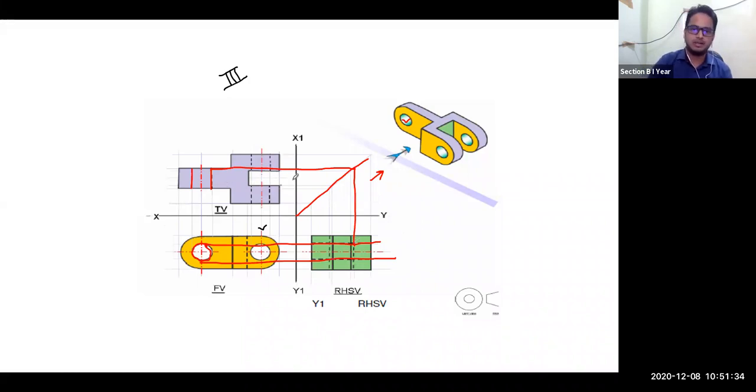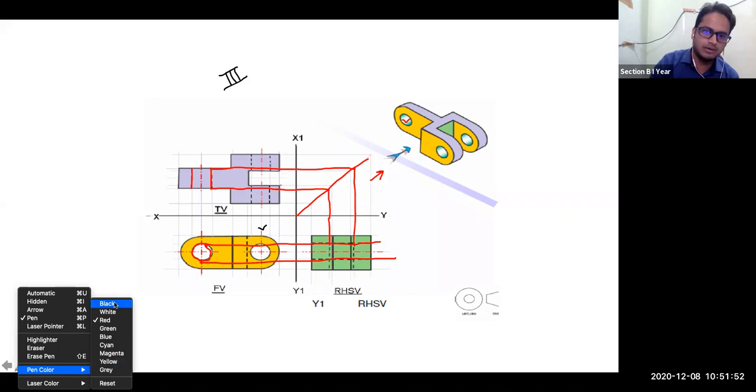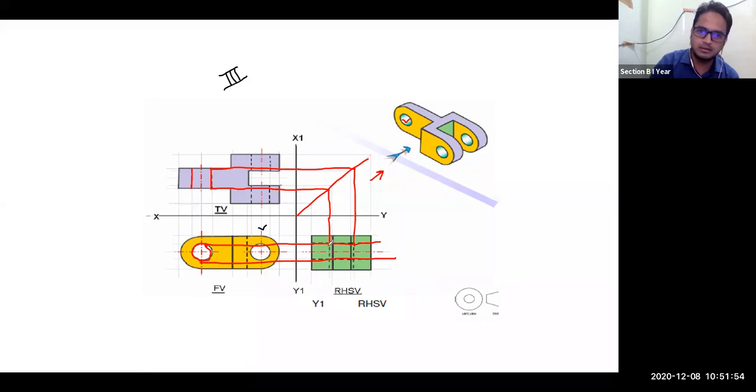Similarly you can draw again the projection of this point. You bring the horizontal line, you bring this in downward direction. This is your intersection point. Okay, so where is that hole? For the hole, I will draw it in black color. This is your hole. This is your hole number 1.